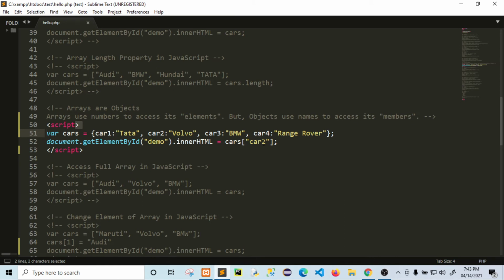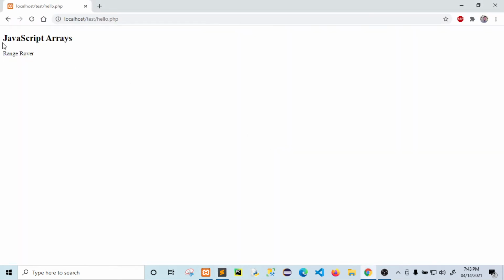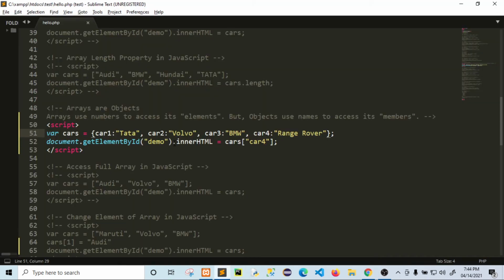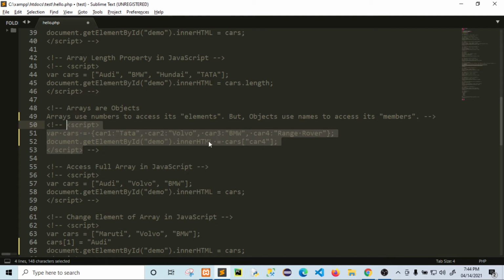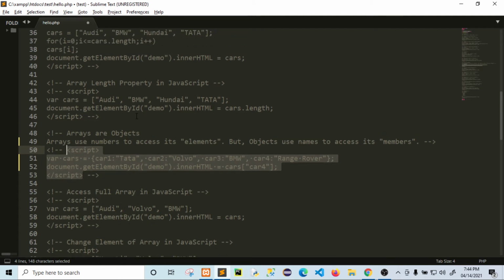If you want to access this car 4, provide car 4 here. You can see Range Rover is printed. So this is an object using names. These are the names, car 1, car 2, car 3, car 4, right? So this is the concept of objects using names instead of numbers.